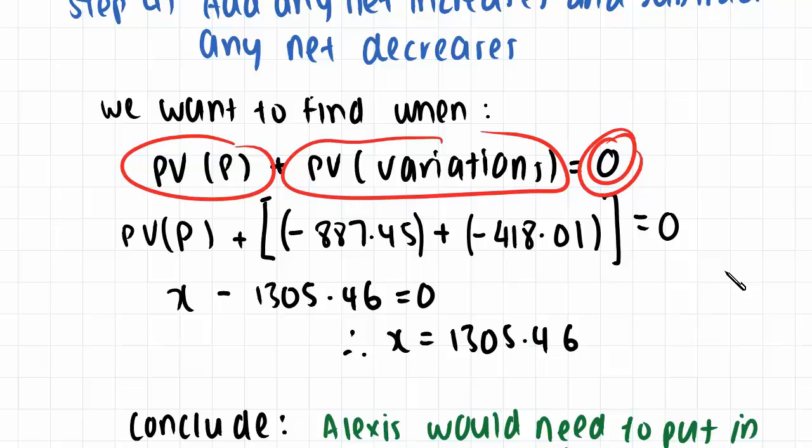So then all we need to do is just use some algebra. So just x minus, that's the net outflow that will occur in present value terms, and therefore if we want to offset it, all we do is move it to this side, change the sign of it, and then we'll therefore get x equals